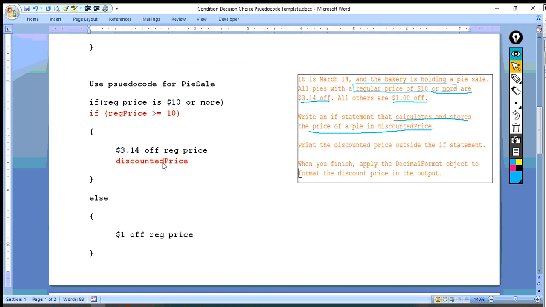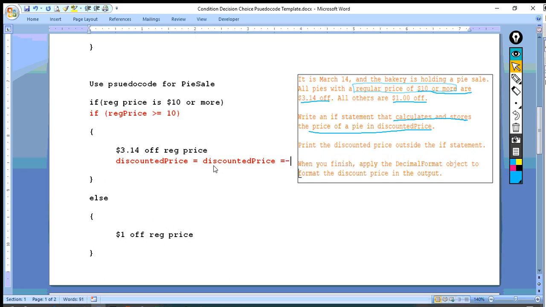Typically you're not going to add a data type and declare it inside the if statement. There are times when that's appropriate. For now, let's not do that until we come up with a situation where we really need to do that. So we should then declare that variable up here before the if statement. But the discounted price is going to be equal to or assigned whatever the current discounted price is